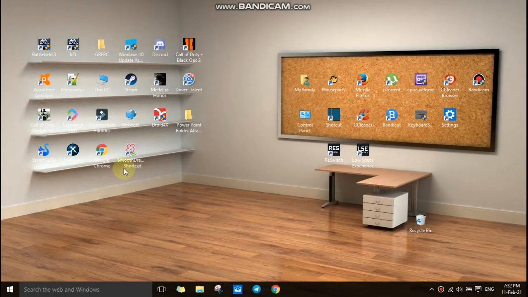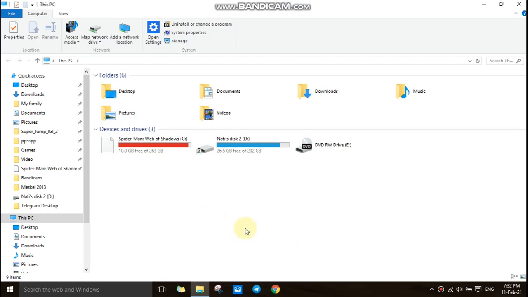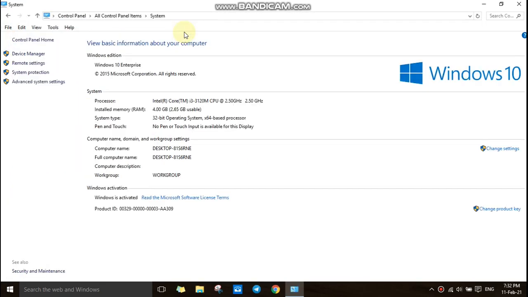So the first thing I'm going to tell you about is finding your PC specs. One of the ways is to go on This PC, find an empty space or click System Properties, and there are three things you can see in here. One of them is your processor or CPU. It shows you how many cores it has. Mine is a Core i3 and it has 4 GB of RAM, almost 3 GB accessible or usable, and the operating